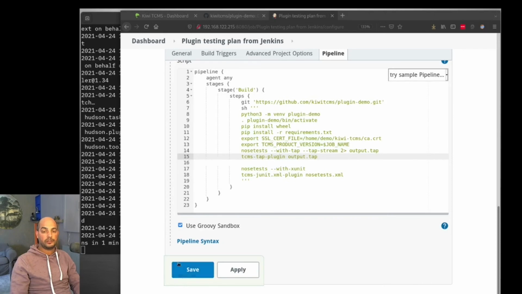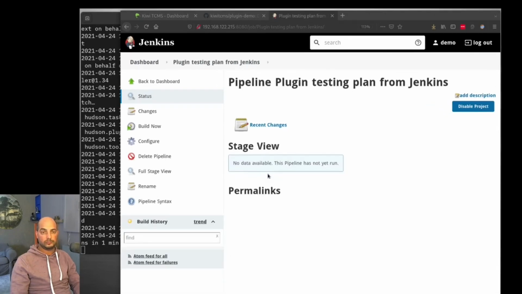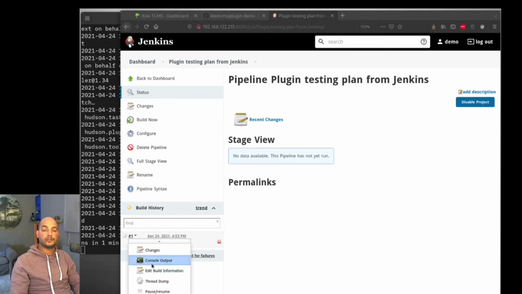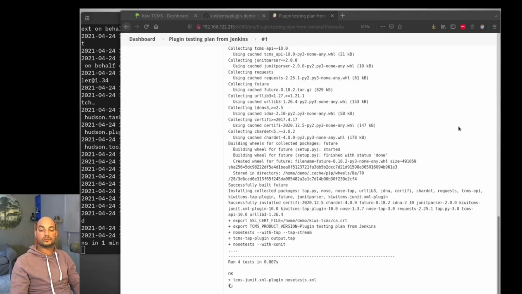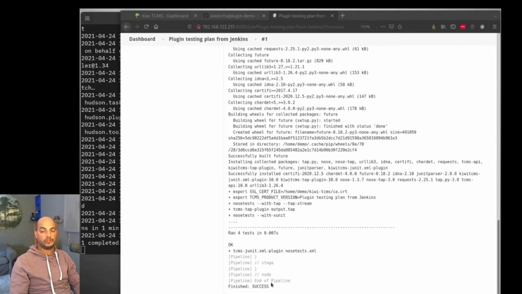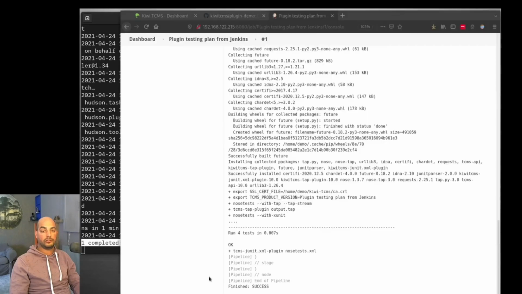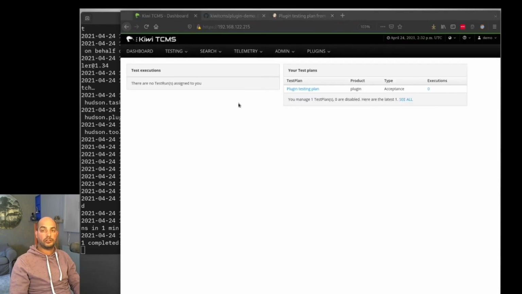Okay, let me save here, make it a little bit smaller, and hit build now. Let's see what happens. So it ran 4 tests. It says OK, and in the background I see success, so that is done. And let's check back